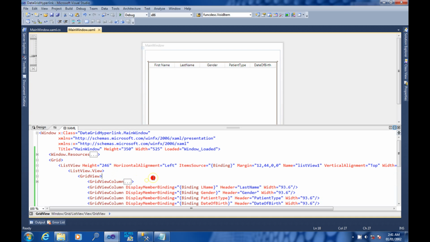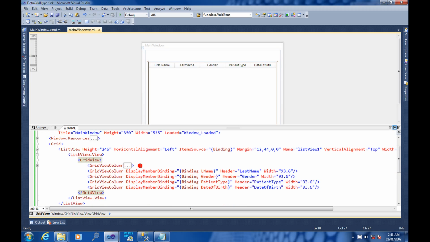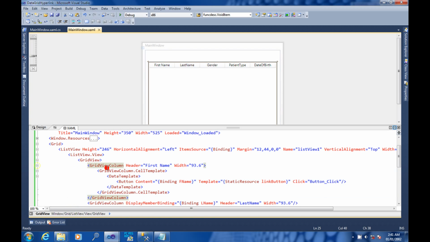I'm binding the last name, gender, patient type, date of birth from the binding source. All these properties will bind to the columns, and first name also. For first name I'm creating a custom cell template. Why I'm creating the cell template is because I want to store the ID with the first name. So whenever the user clicks on first name,